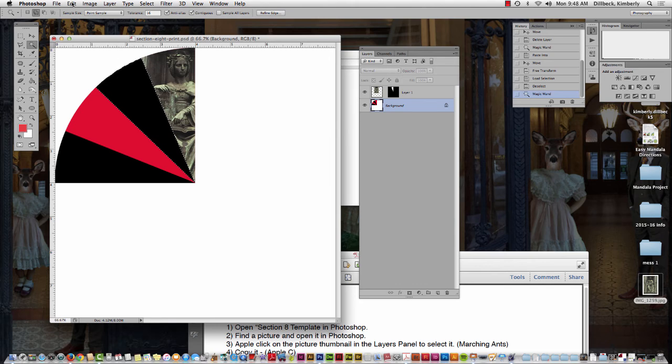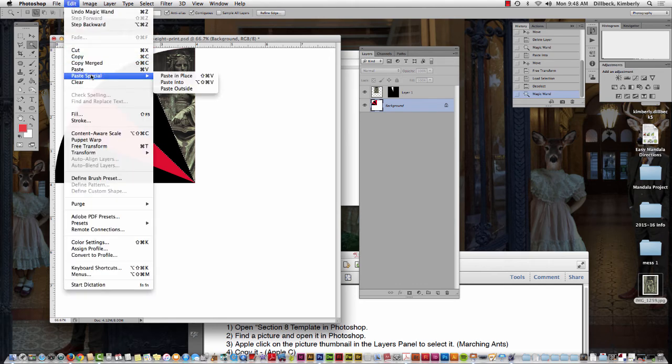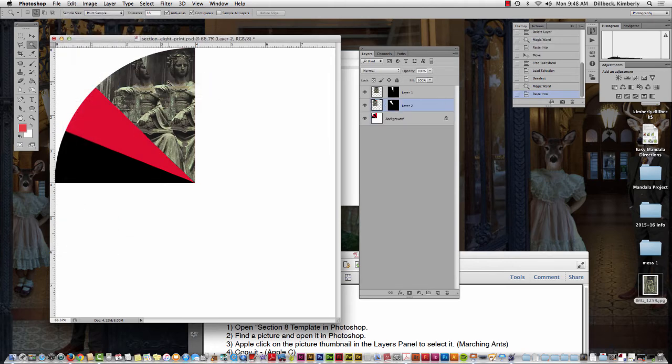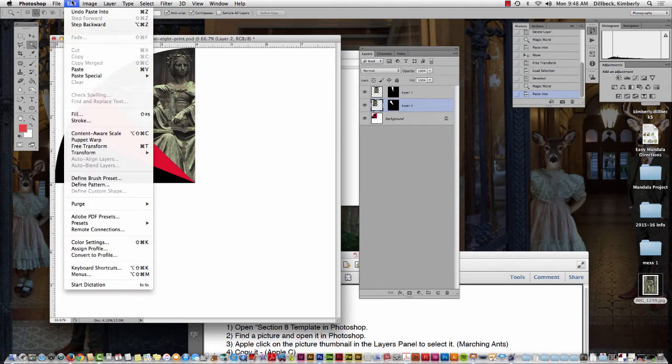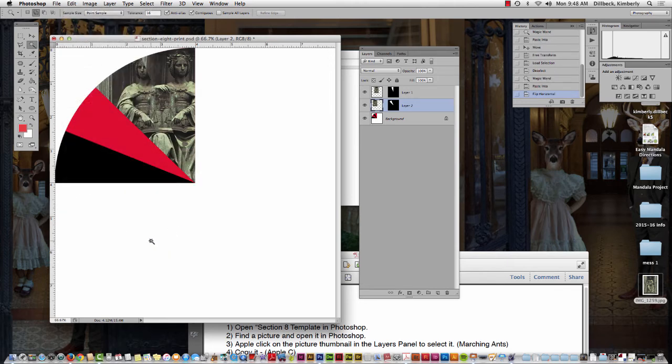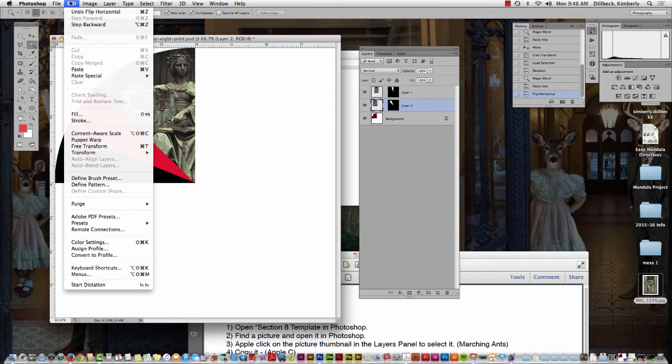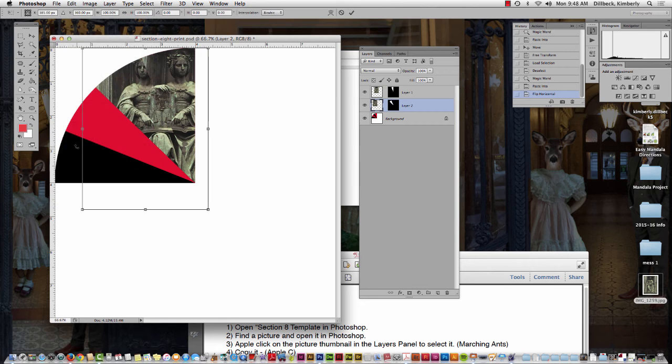You do Edit, Special, Paste into, Edit, Transform, Flip horizontal, and finally Edit, Free Transform, and we're going to let the computer rotate exactly -45, and we're going to do that by typing in -45